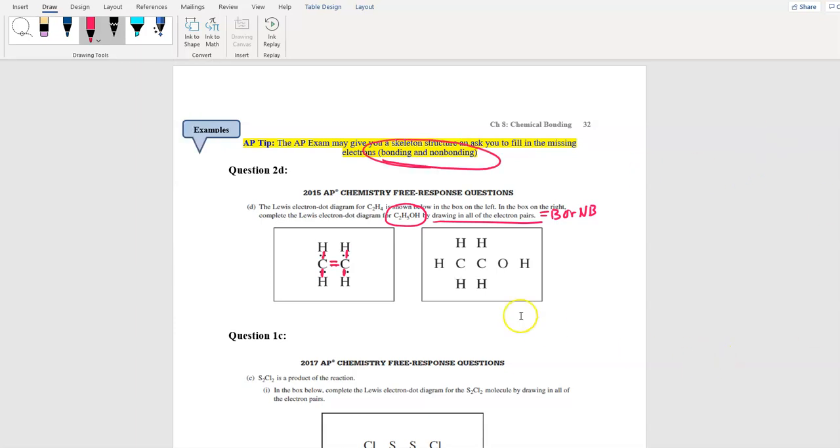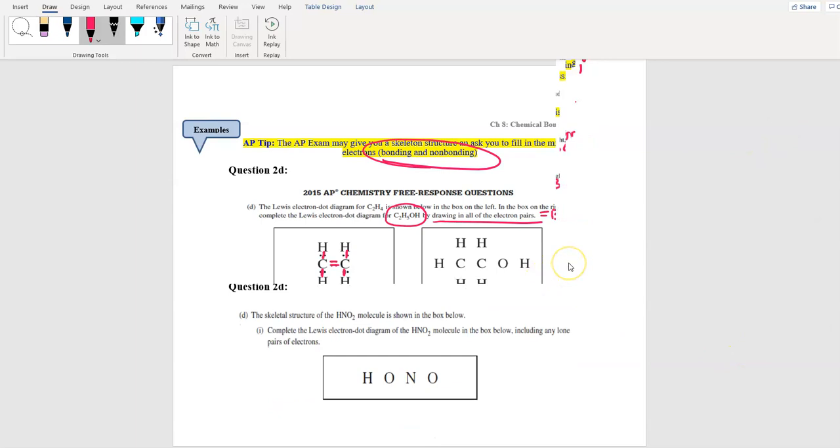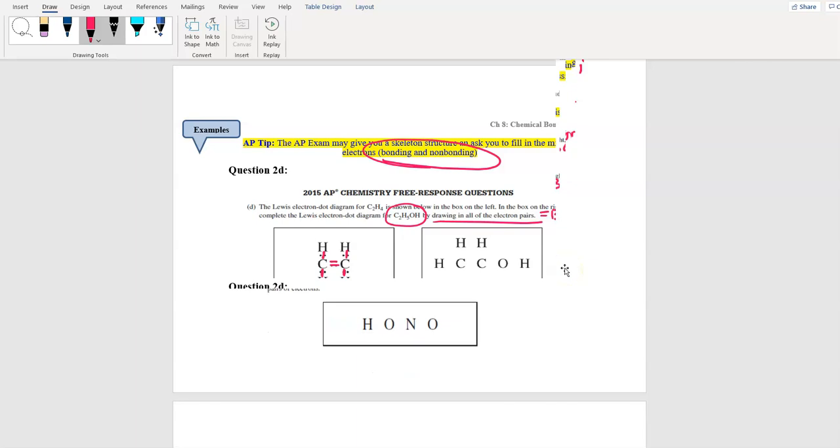Same thing for this one, 2017. Draw the Lewis dot structures, drawing in all electrons. Okay, bonds and lone pairs. And here's where the evil one was. Okay, I just didn't have the rest of the question on here. This structure can be drawn another way. AP asked you to draw the Lewis structure for this, including lone pairs of electrons. Okay, but then the evil question that came, they asked about formal charge. So what happens is there's a double bond somewhere in here and some single bonds. So you had to